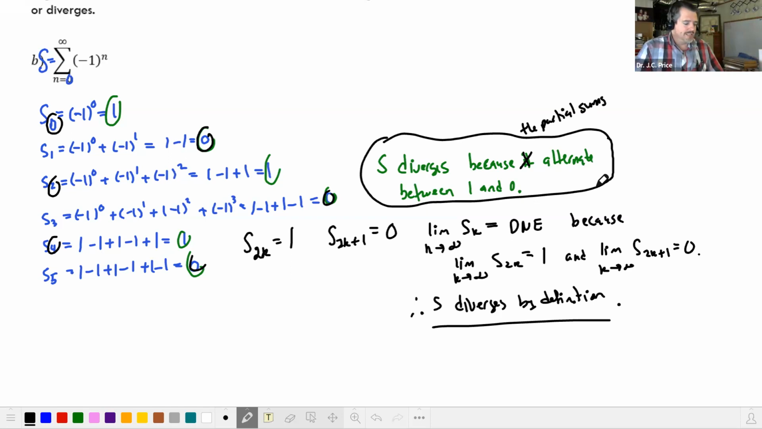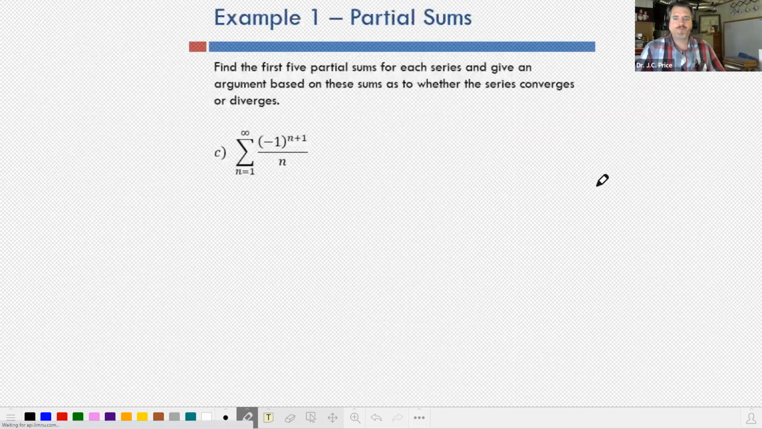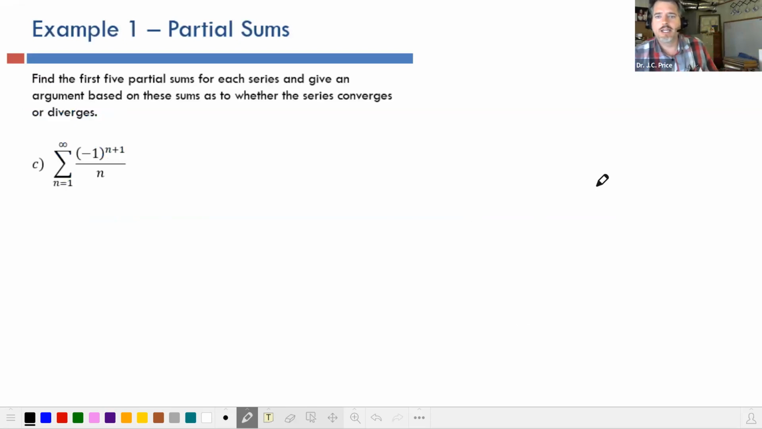Again, that's why we're going to have tests that help us to do this. All right. One last problem. Again, we want to find the first 5 partial sums of this series right here. They start us off at 1, so we'll just do S sub 1. And so now you just plug in 1 and you get -1 squared over 2, which is equal to